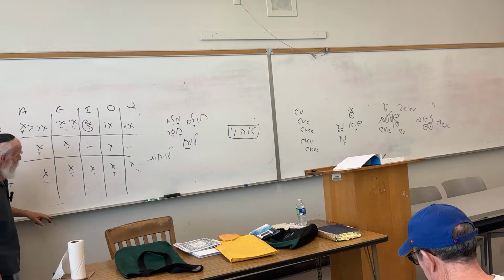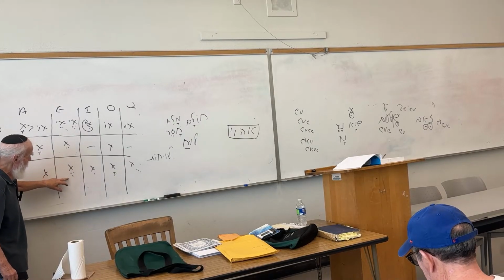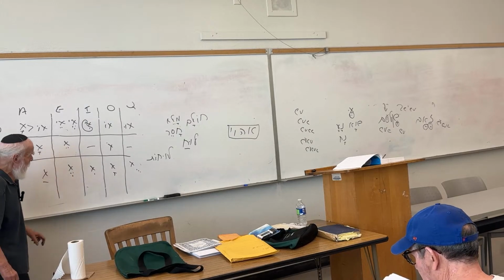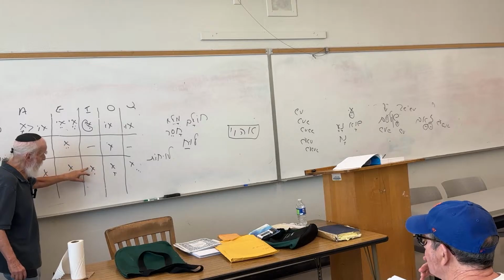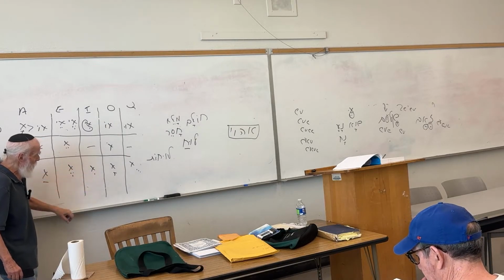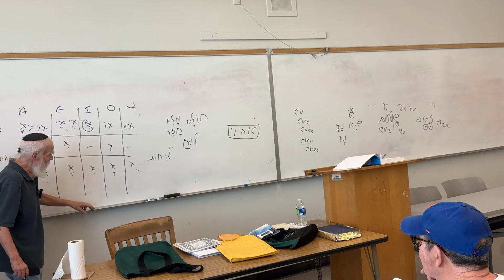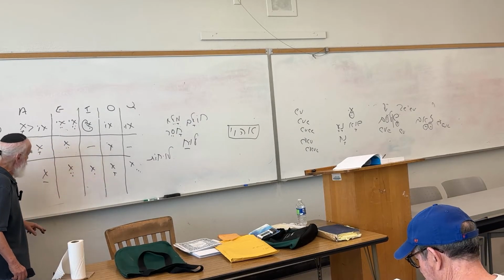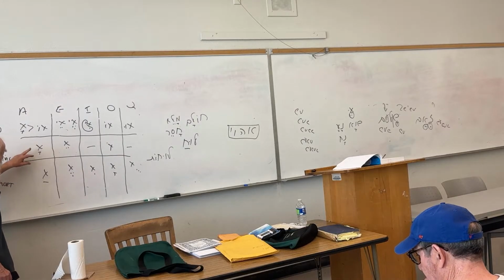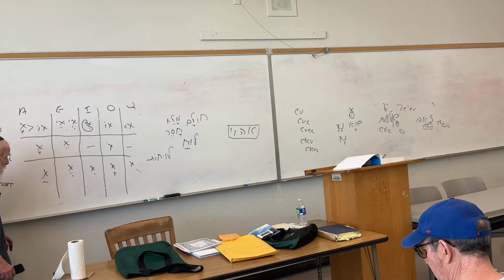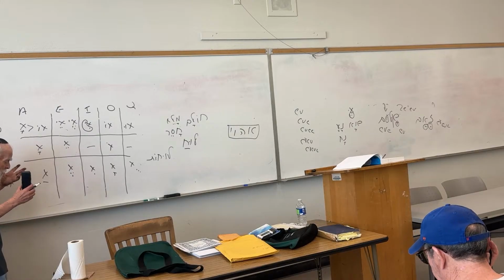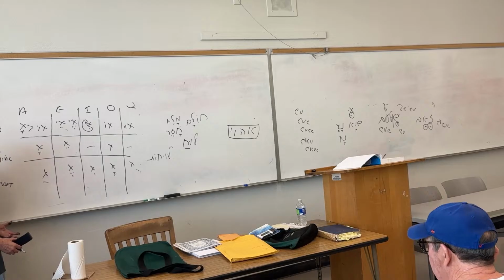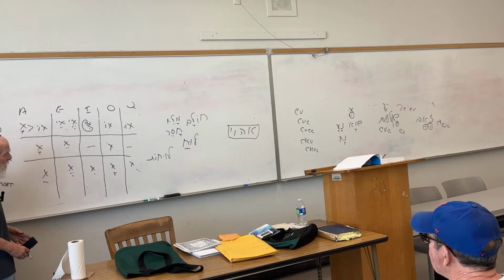The segol, without the yud following it, is the short segol, the short E sound. The chirik, without the yud following it, is the short i sound. Then you have a kamatz again. This kamatz in appearance looks just like the medial kamatz, and they both look like the long kamatz. So in appearance, they all look the same. How can you tell the difference? Depends on the syllable, which is something we'll be working on.